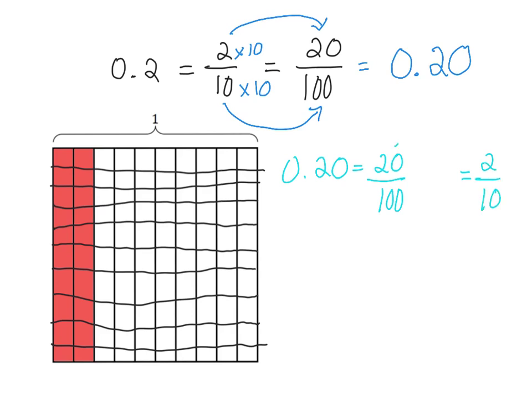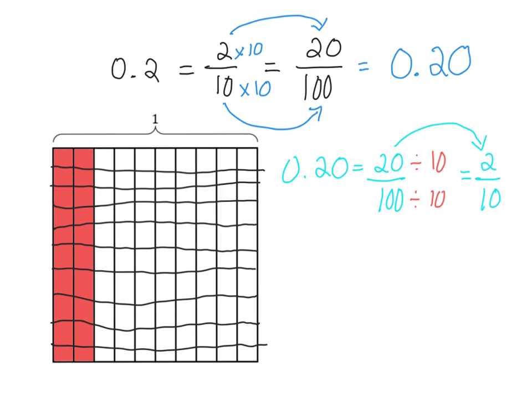So how did we get from 20 to 2? Well, we are going to divide the top by 10, and we get a 2. And whatever we do to the top, we have to do to the bottom. Divide that by 10, and we get 10 in the denominator. So there's another way of showing an equivalent fraction, by using division, or we could use multiplication to find an